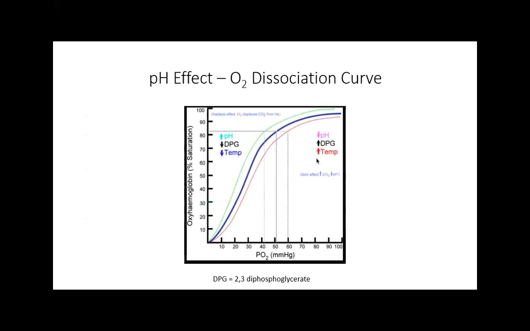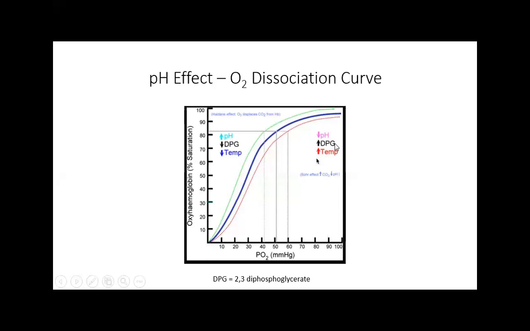So this diagram here is showing on the x-axis the arterial blood gas determination of oxygen, and on the y-axis the oxyhemoglobin, or the percent saturation. And so the normal curve is the blue one in the middle. And if the pH drops,